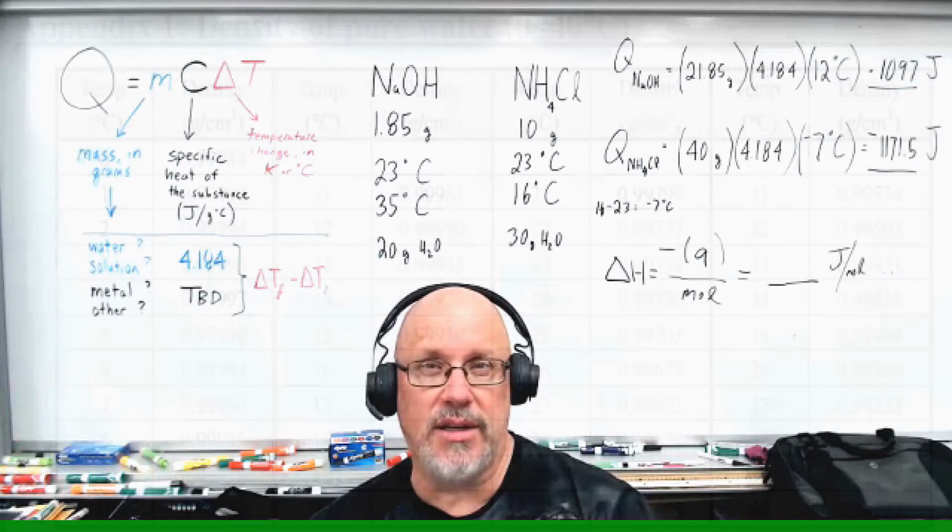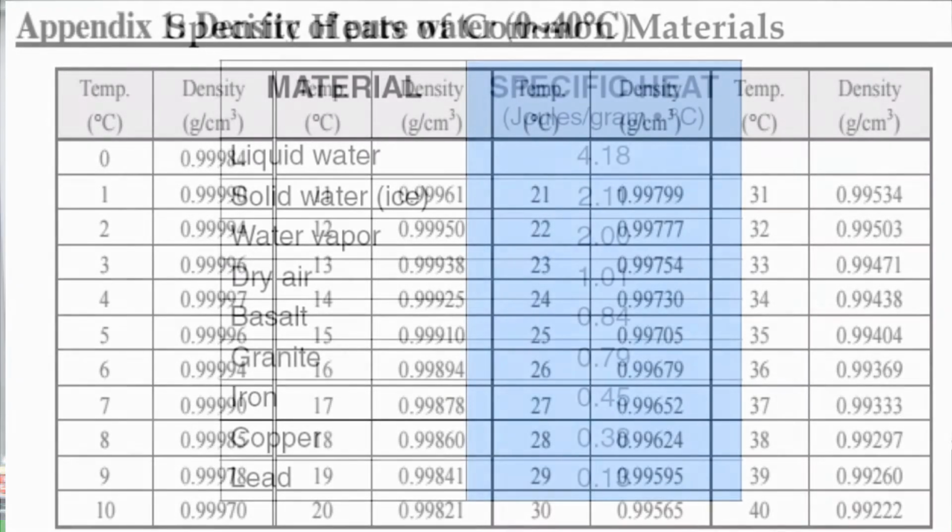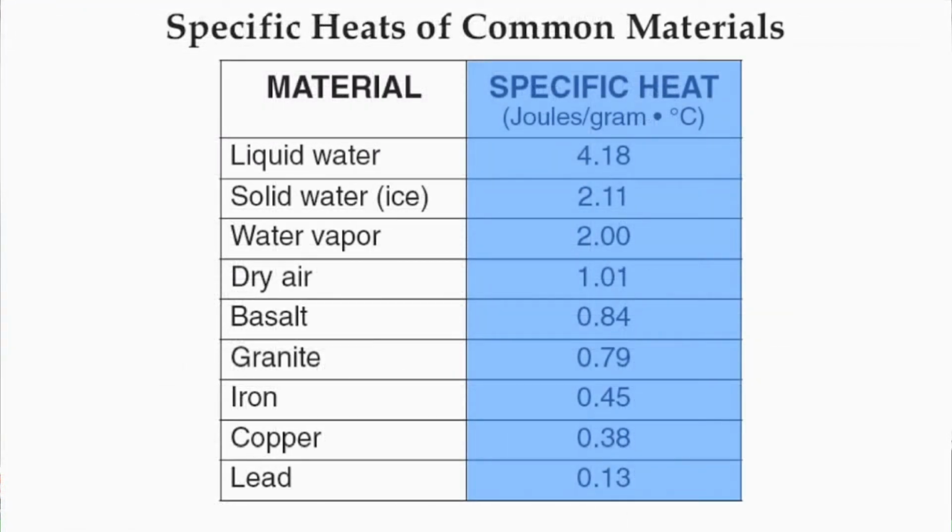You know, water has a standard for density. If you have 1 gram of liquid water, well, you have about 1 milliliter of water by volume, so it makes it real easy to directly convert measurements of volume to measurements of mass. And also, water is the typical standard for what's called specific heat, the ability to store energy. The standard for water is 1 calorie, or as we like to say in the metric system, 4.184 joules per